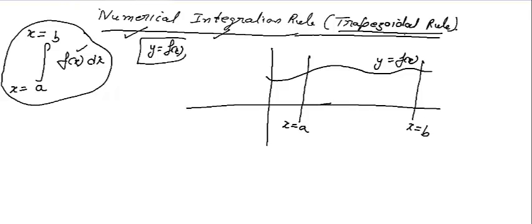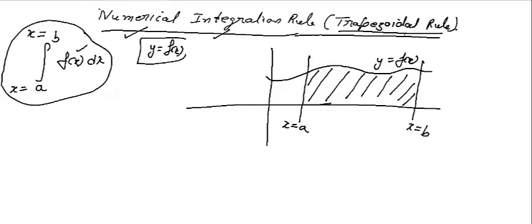So integration is basically this concept given by Riemann. Riemann is a very popular mathematician. He has given that integration is the area under this curve. It is also known as the Riemann integral. So this is our target, and we will do this numerically. Now, there are many rules, Simpson's 1/3 rule, Simpson's 3/8 rule, but today we are going to discuss the trapezoidal rule.